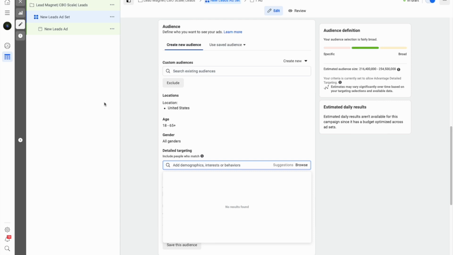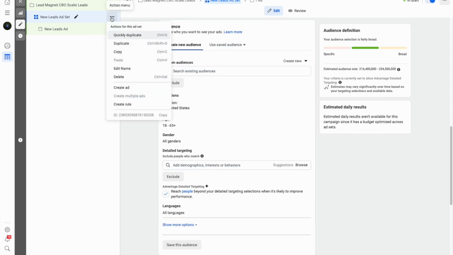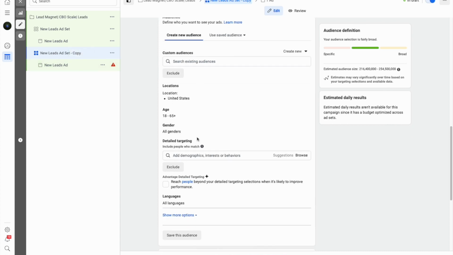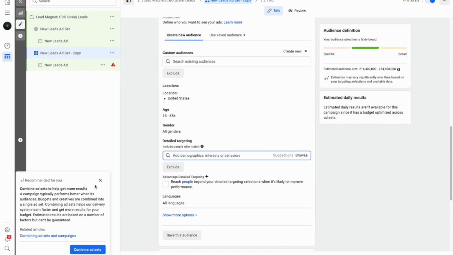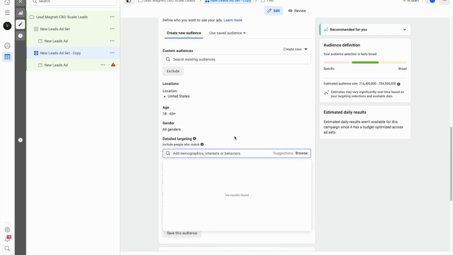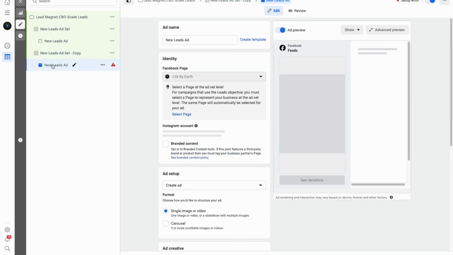So let's say we are putting 2 new winning audiences into this CBO. So what we'll do right here is quickly duplicate, and we would just do the same exact thing now for this ad set, right? So we would just find whatever the second audience was, and put it in here in the detailed targeting section. And then we would have our 2 winning audiences in here. And then all that's left is to go to the ad level,